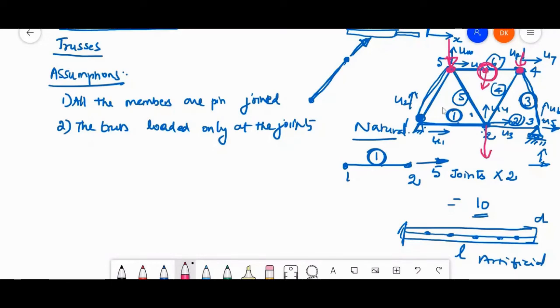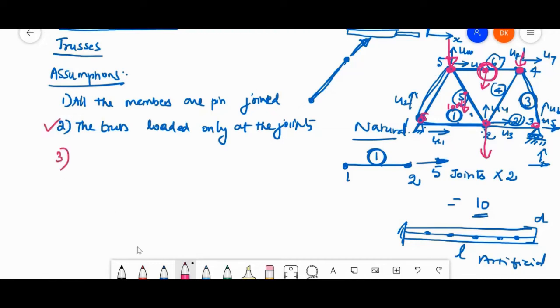Here, these are all pinned joints or welded joints. So we are considering the nodes only at the ends of the member. One rule is there: whatever load is applied, it should be placed at a node. There is no joint in between this member. We cannot apply a load at this point, like 100 Newton. We cannot do that, because only at joints can the load be applied, then only it can be analyzed. So that is the condition for the second assumption.